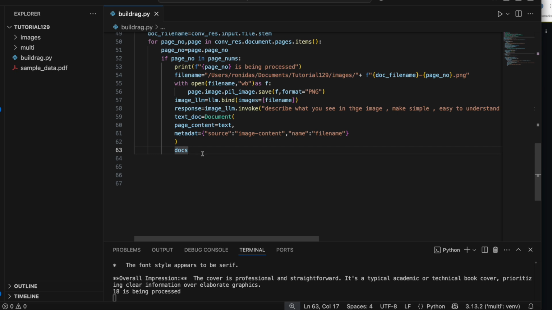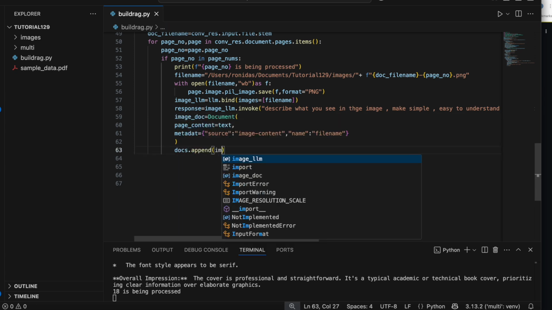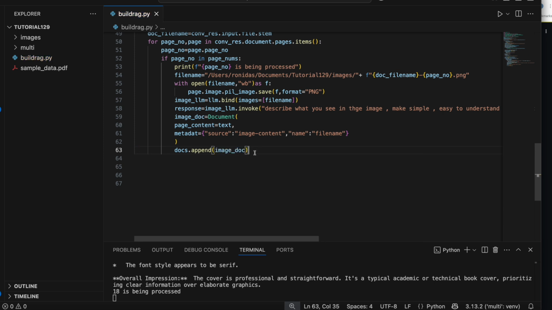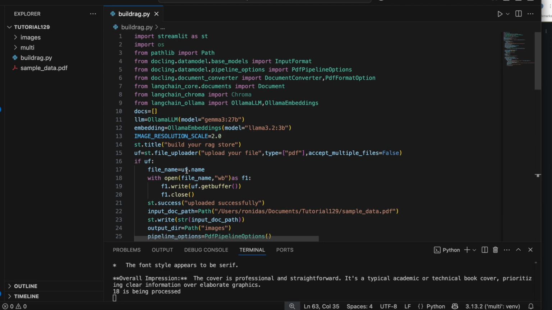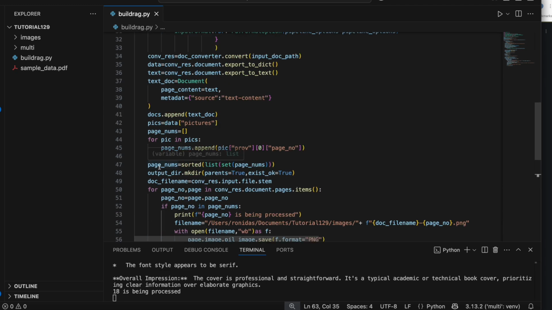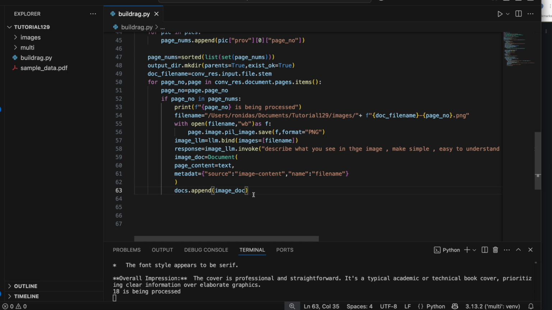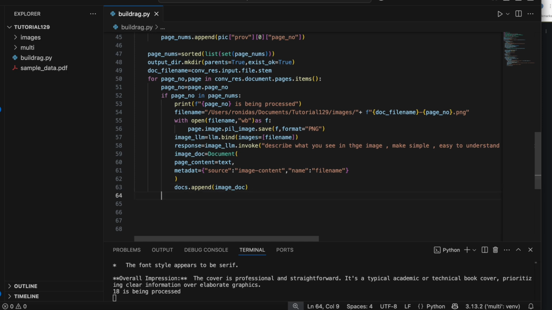And here docs.append image doc. Okay, right? LangChain documents are ready. So once the entire LangChain document is ready, I'll go ahead and print